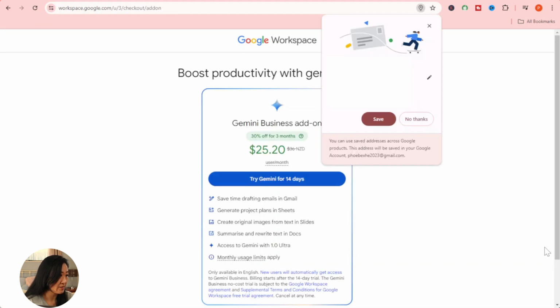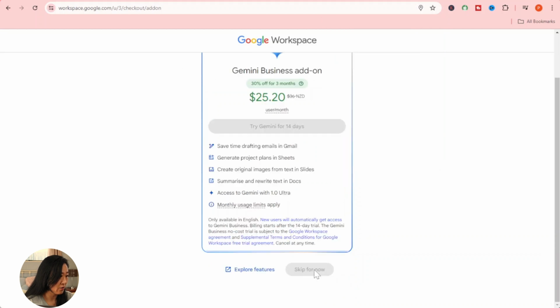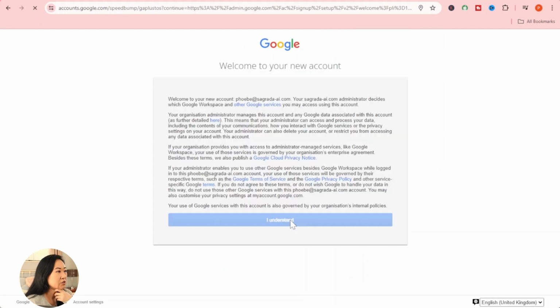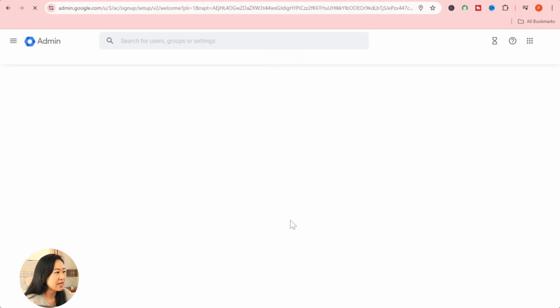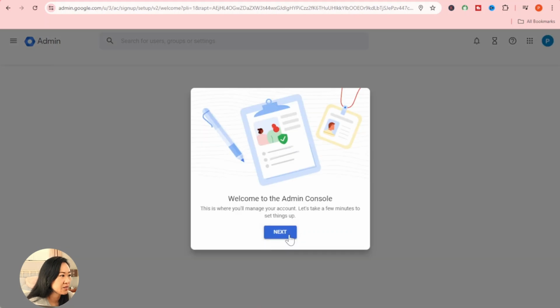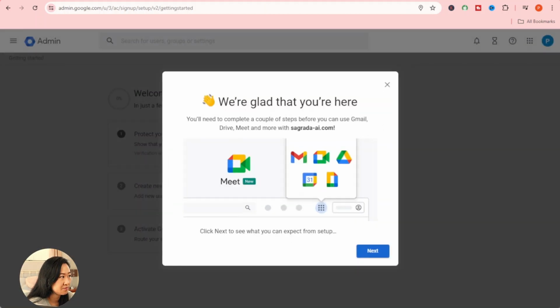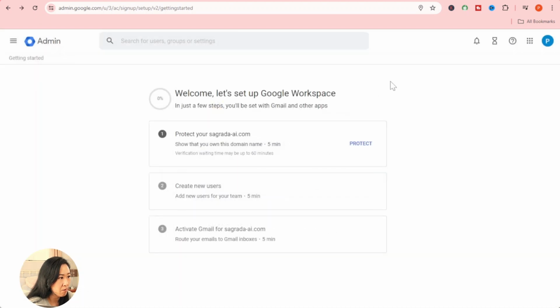Right, Gemini business add-on, I don't need that for now, so I'm going to skip for now. Terms and conditions, I understand. Right, now we're getting to the admin console homepage. Go next. We're going to close out of this prompt. And welcome, let's set up Google Workspace. So first step, protect your